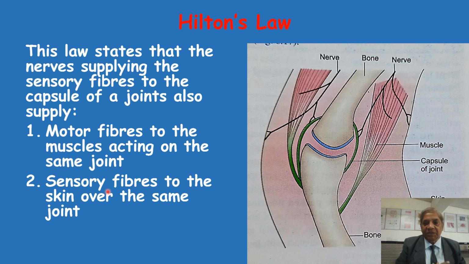That means if something is wrong in the joint, it may be excessive stretch of the joint capsule, or inflammation of the joint, or disease of the joint. This will lead to pain, and this pain of the joint, which is deeply situated in the limb, will be referred to the skin, and the skin is covering the joint. That means the pathological pain which is there in a joint